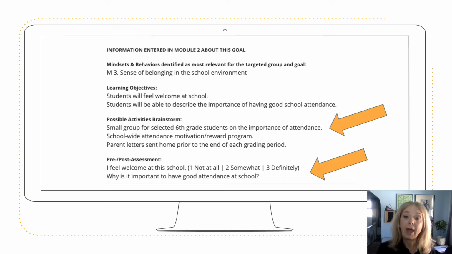In your Closing the Gap action plan, you'll also identify the skills and knowledge that you want your targeted Closing the Gap students to learn, described by those mindsets and behavior standards, and you'll identify how you'll assess whether or not they've learned these skills and knowledge. If you recall, you identified certain mindsets and behavior standards and assessment items when you originally created your student outcome goal that serves as your Closing the Gap goal. In our system, you'll see all this information already added automatically to your Closing the Gap action plan.